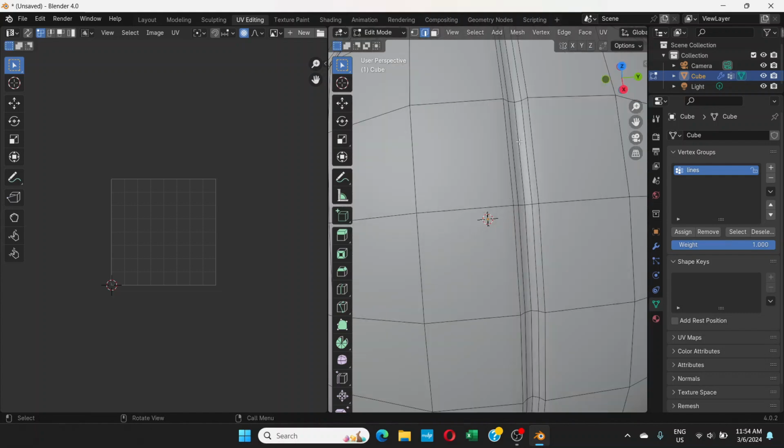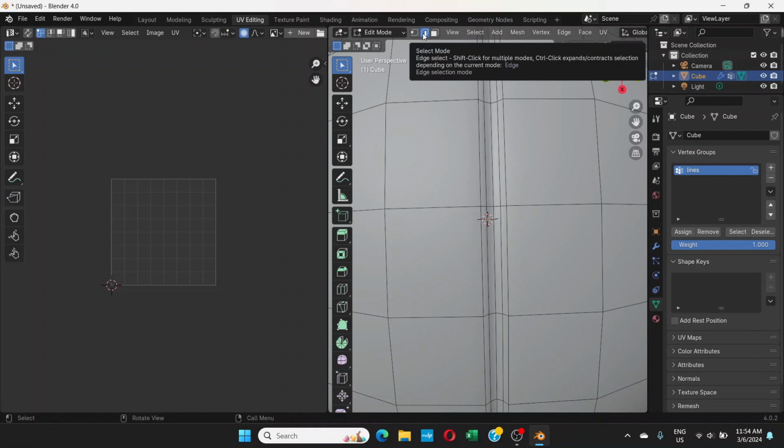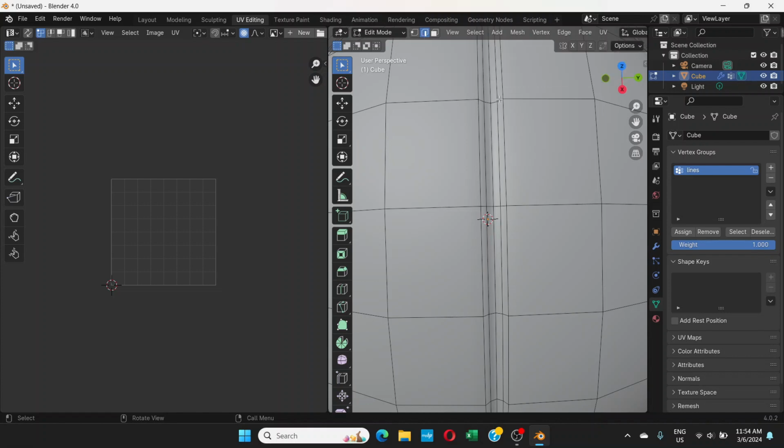So what you can do is, on this black line, we have 1, 2, 3, 4, 5 lines, one in the middle and two on left, two on right. So I'm gonna go with the middle, the second from left and second from right. With the edge selection mode on, hold the Alt and Shift key, just click on this side and click on this,